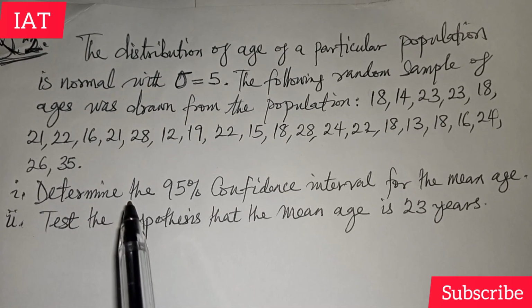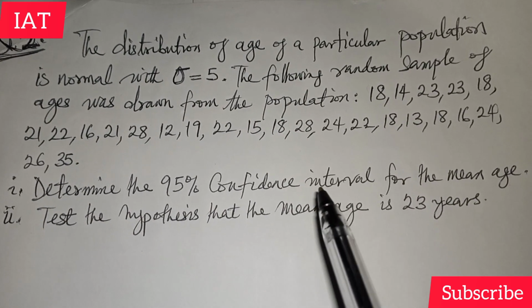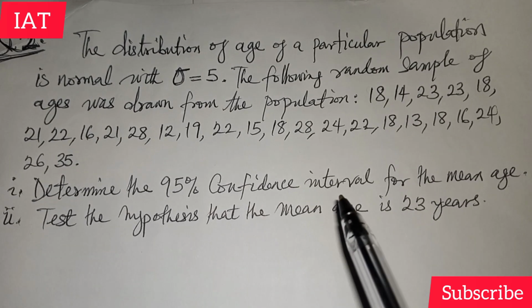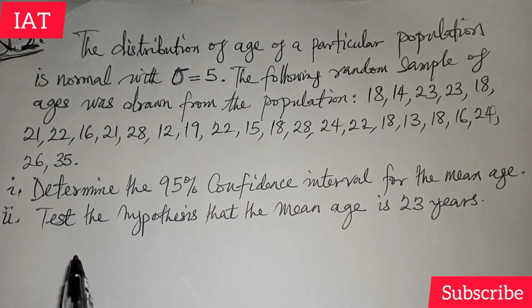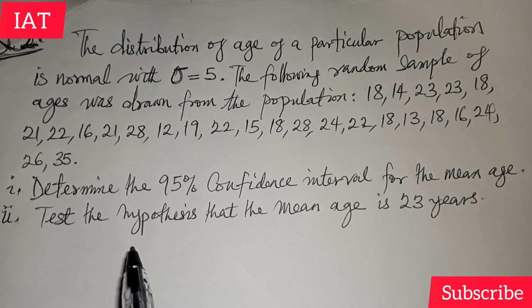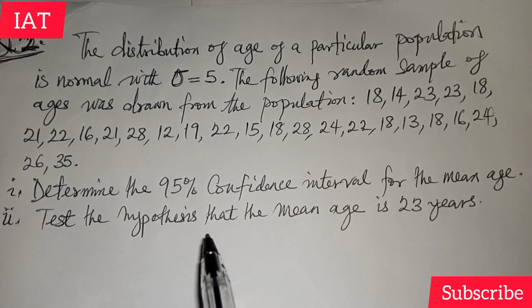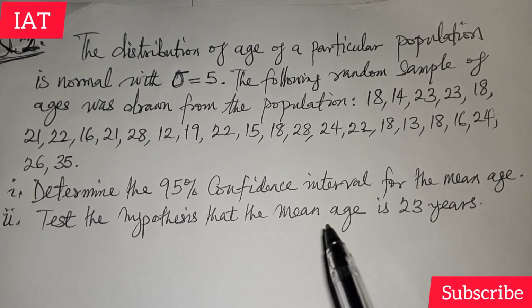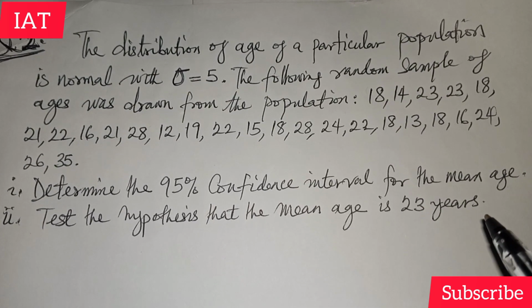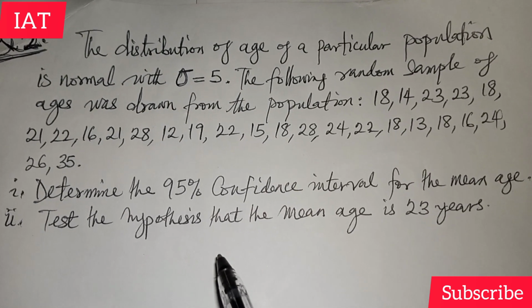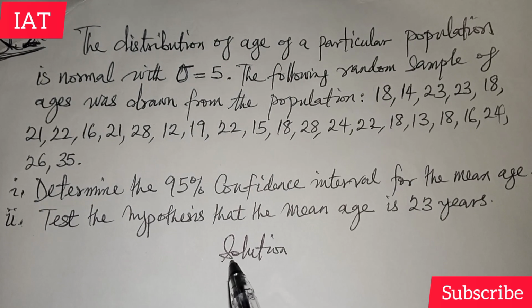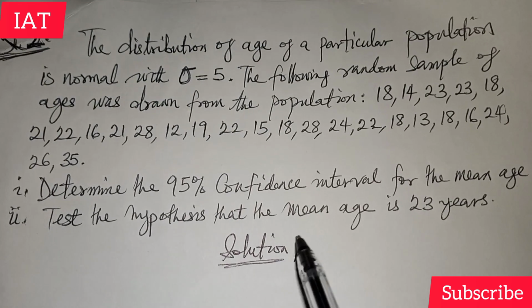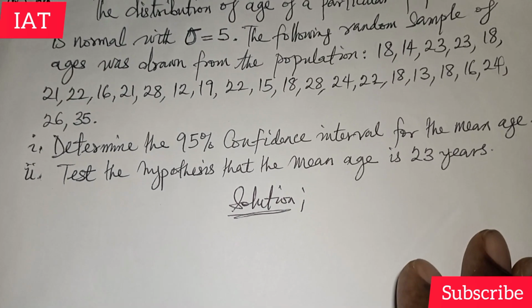So one, we want to determine the 95% confidence interval for the mean age. And the second, we're going to test for this hypothesis that the mean age is 23 years. So I would like to start off this problem with stating the necessary parameters and then start solving it